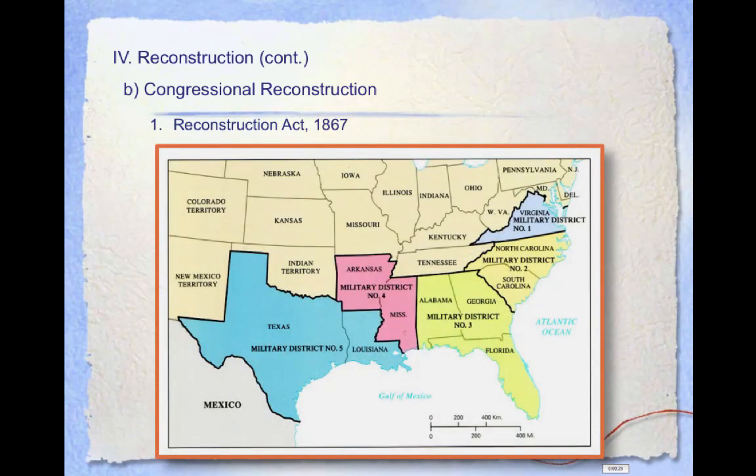We'll cover four main issues here. The first is the Reconstruction Act passed by Congress in 1867 over the veto of President Johnson. It divided the South into 5 military districts governed by Union generals. Military administrators oversaw the writing of new constitutions. All men, regardless of race, were allowed to participate in constitutional conventions. And Southern states were also required to ratify the 14th Amendment. At the conclusion of this process, they could regain their full status as self-governing states.